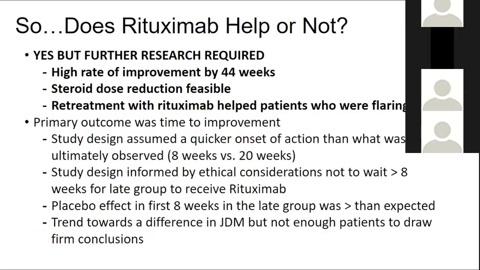Additionally, patients who got rituximab a second time after flare also improved. And these are the reasons that the study was thought to be a negative result, like I explained before. There was a trend towards a difference in the JDM patients compared to the adult patients. We actually thought that JDM patients responded better to rituximab than the adult patients, but there weren't enough patients to